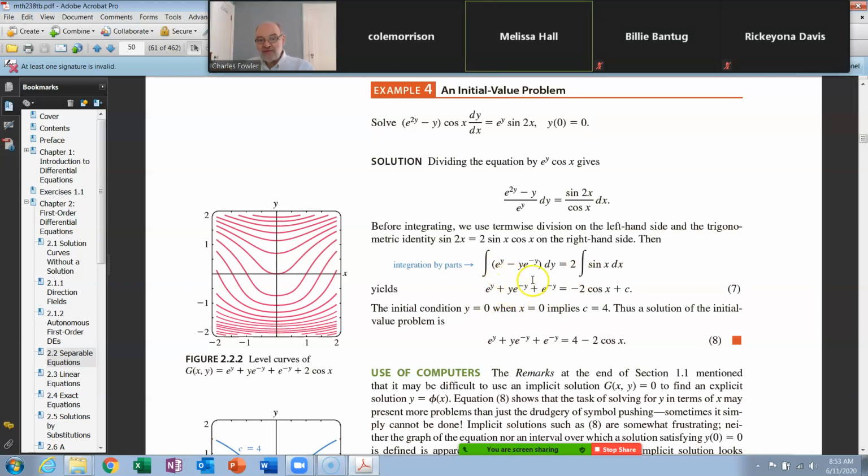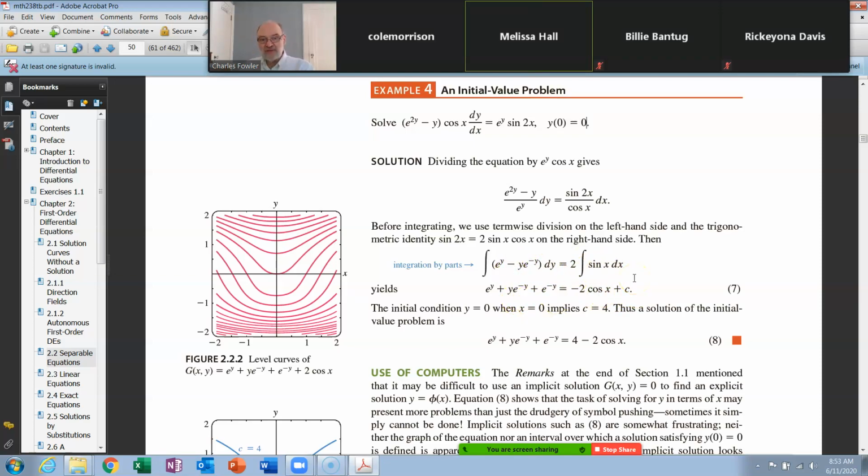This one was an integration by parts, and I think we did that in gory detail, and that gave us y e^(-y) plus e^(-y), and then minus 2 cosine x, because the antiderivative of sine is negative cosine. And then we had our constant of integration. You don't need to do one on this side and one on this side. Just do one,